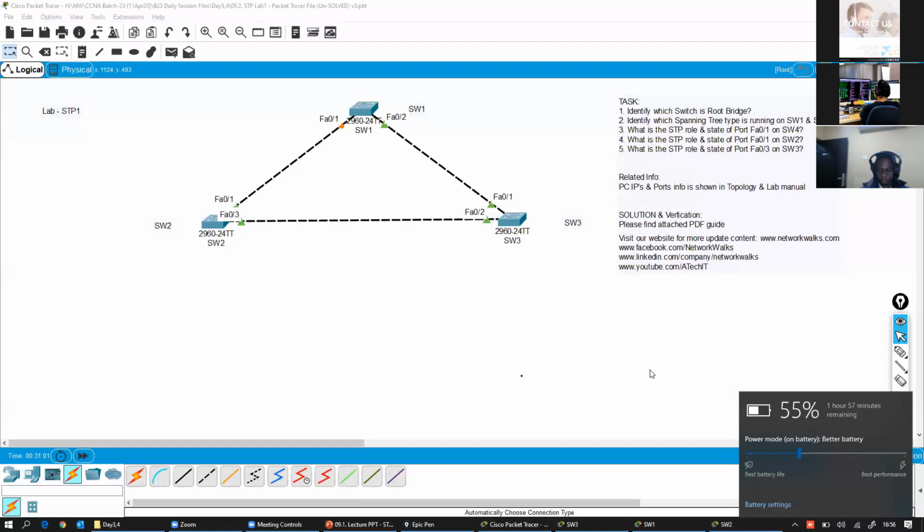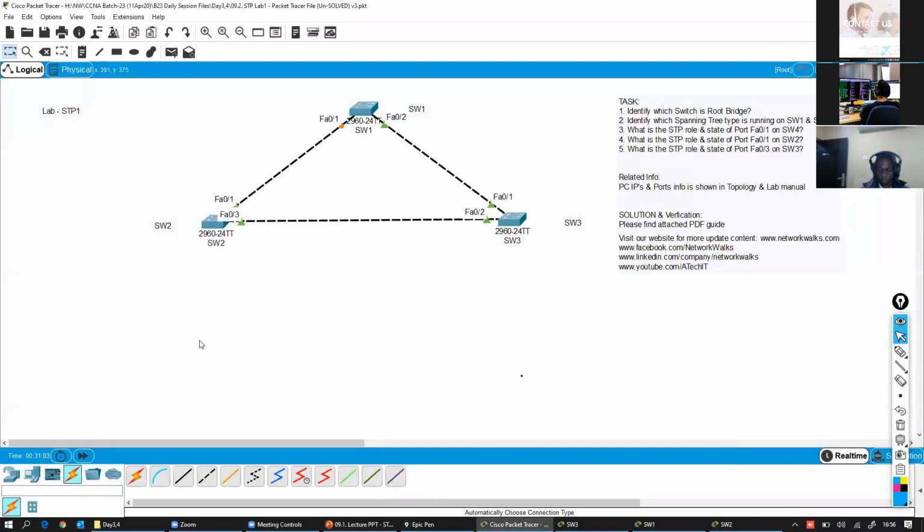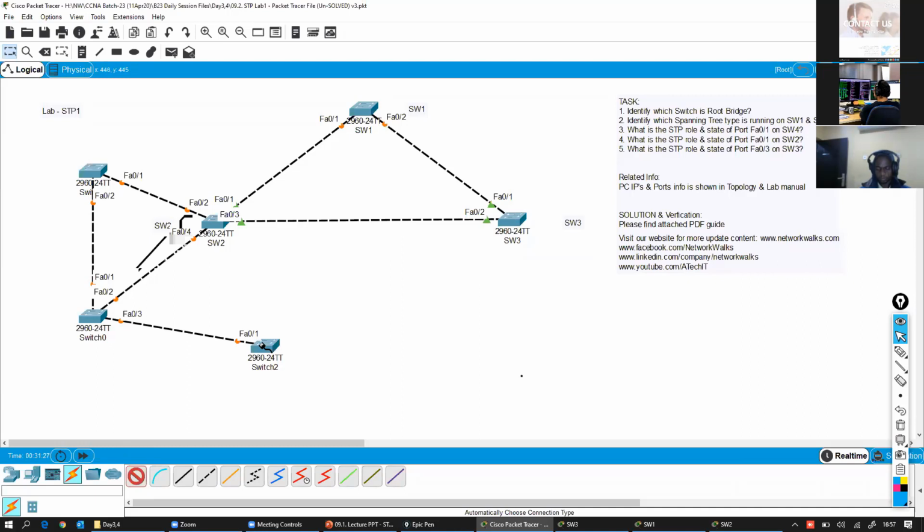In that case, you just have to go here, take more switches and keep on adding. If you add one more switch here, and then one more switch here, and one more here, and then connect them, whatever topology you want, just connect them together and then see. First you try to guess what would happen in that case, and then you go to the port and try to check. Keep on connecting, make a mesh.